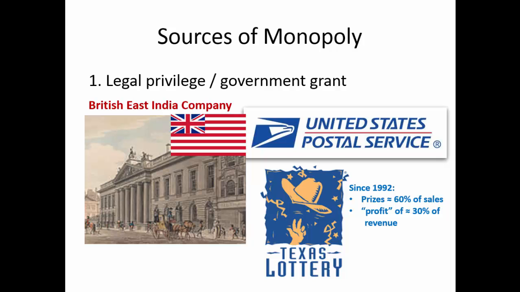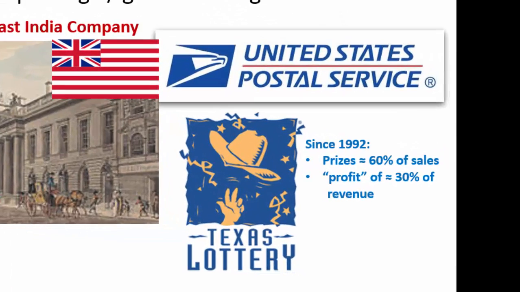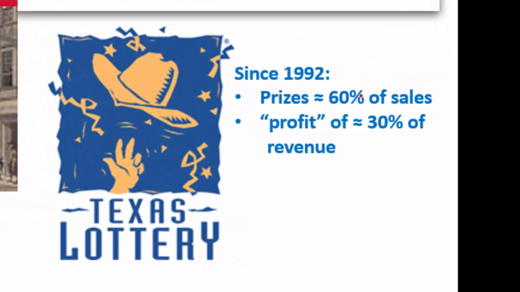What's the profit rate for the Texas lottery? I did look up the data on this, and I noticed that prizes equal only 60% of sales. That's pretty telling. It tells us that there's 40% of their sales that they're keeping. That's a pretty fat gross margin. You know, some of that's overhead. They have to have some administration. They have to process tickets and so on. They have some transportation costs, some advertising costs.